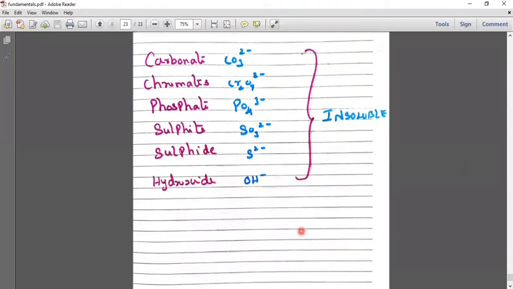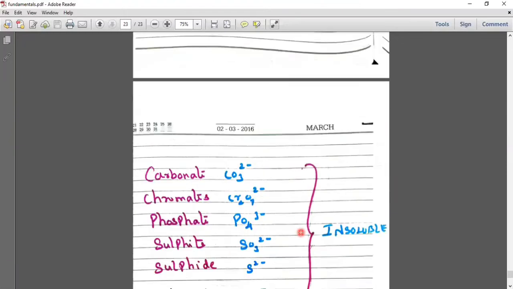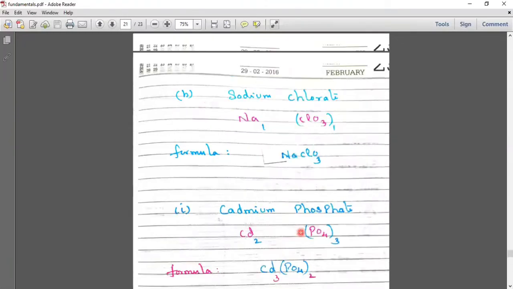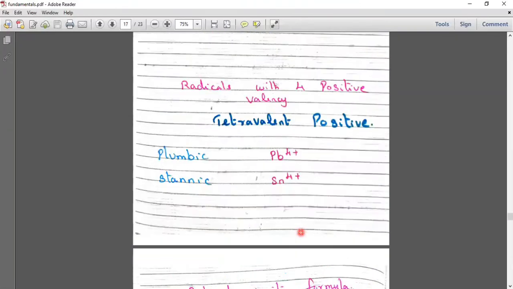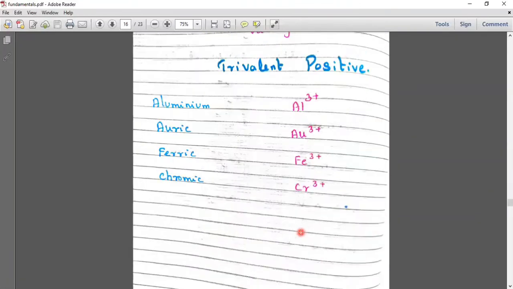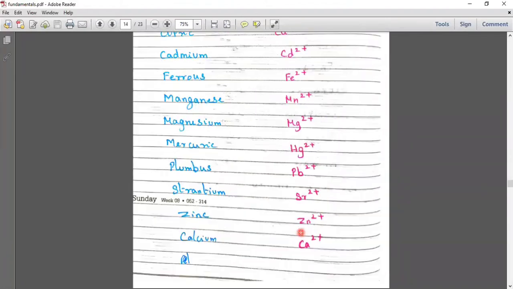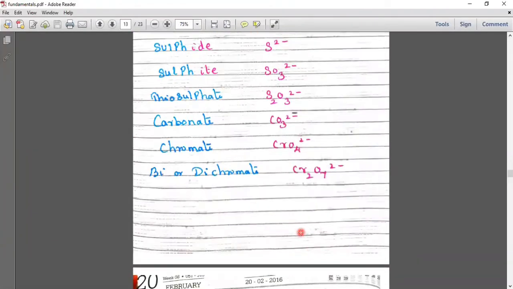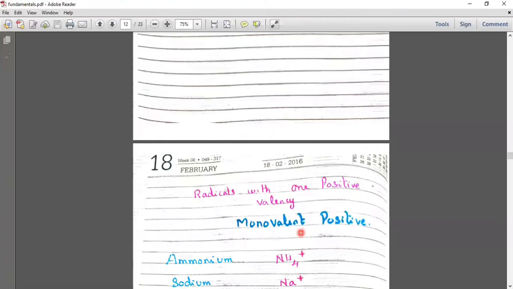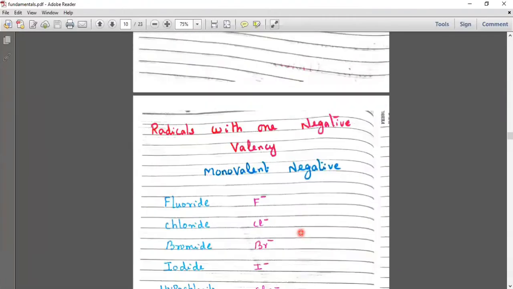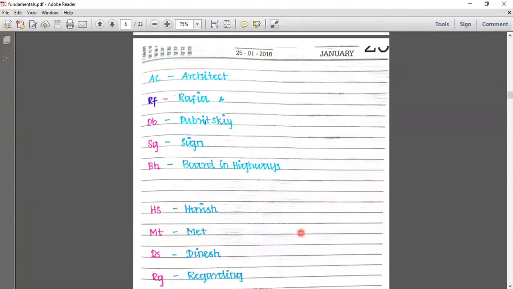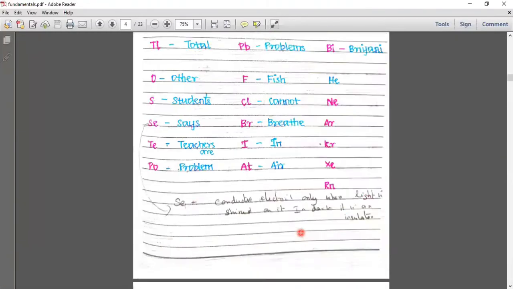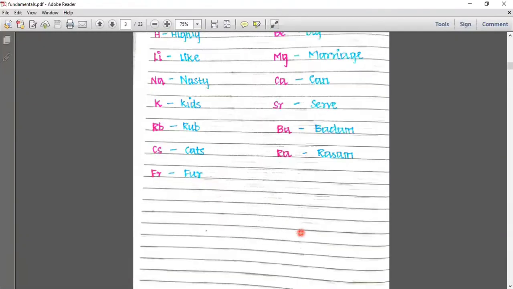So in this session, I taught soluble and insoluble and how to frame the formula. And also I'll repeat the periodic table. Please learn the simple sentences and memorize them within 20 minutes. Take up the challenge and be thorough with all the elements in the periodic table. Then you will be proud in your classes by saying everything at speed.